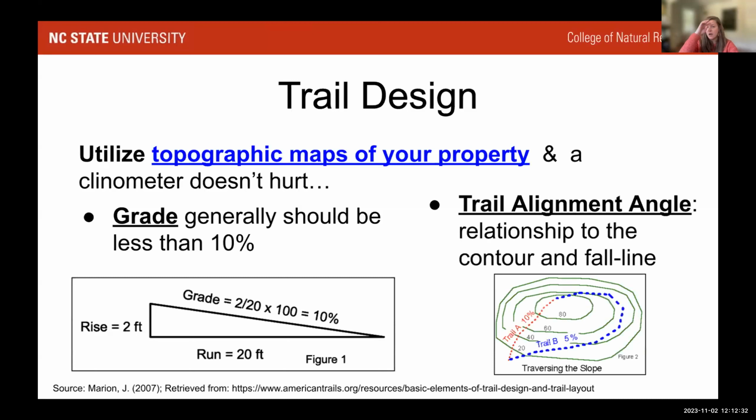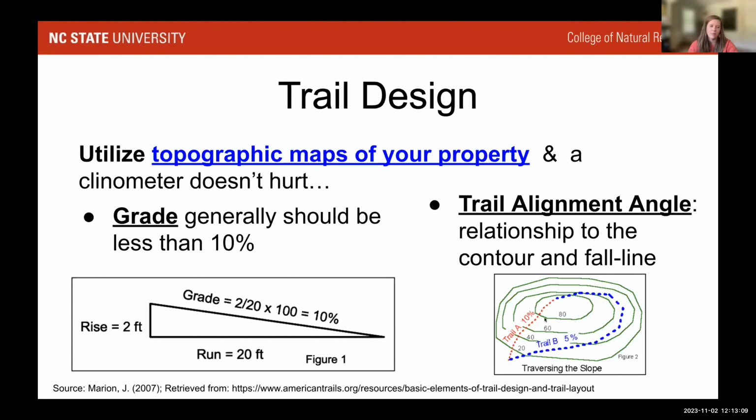Trail alignment angles are important when we're thinking about grade in our building the trail. So this trail A on here shows a fall line, which is perpendicular to our contour lines. These are our contour lines here. They tell us how high we are. If we're walking along a contour line, we're at a 0% grade. This trail is the fall line. So it's where water will run. When in a rainstorm, it's going to flow right down. And so building a trail there, you're just basically creating a place for water to flow down this hill that